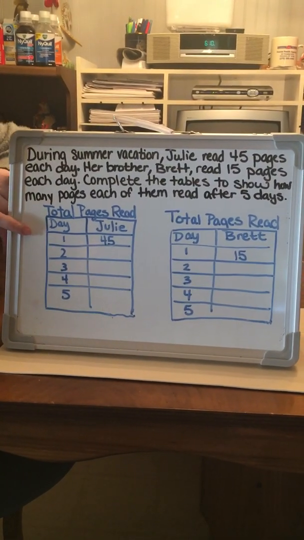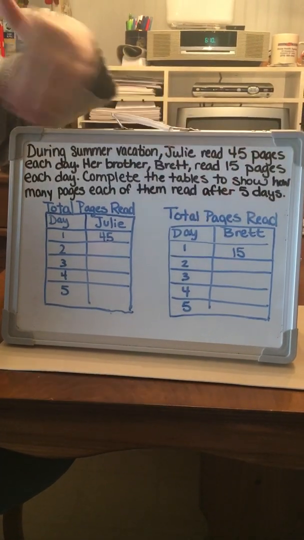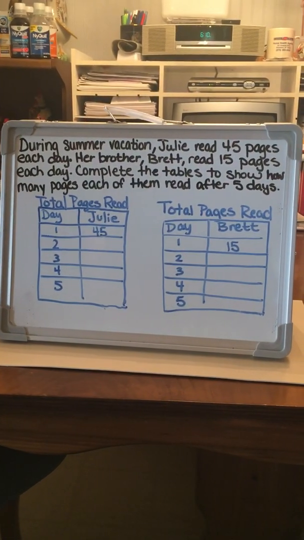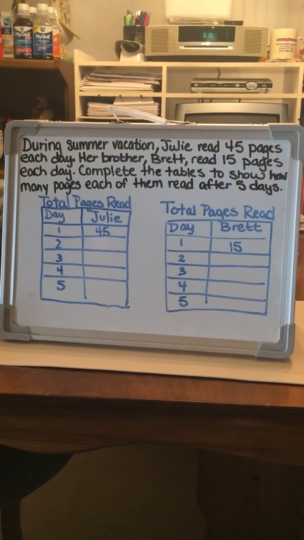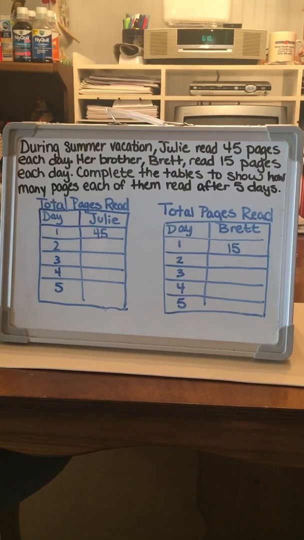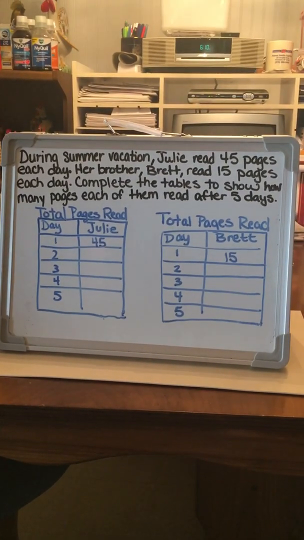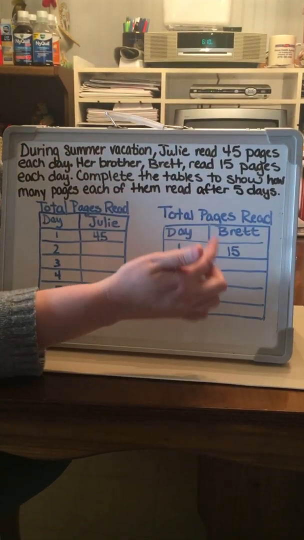So on day 1, Julie read 45 pages, and we know that Brett read 15. We know that they're sticking to that pattern. They're not deviating from that pattern. So Julie's going to continue to read 45 pages a day, and Brett is going to continue to read 15 pages a day. So we're going to continue to add 45 to Julie's numerical pattern while we add 15 to